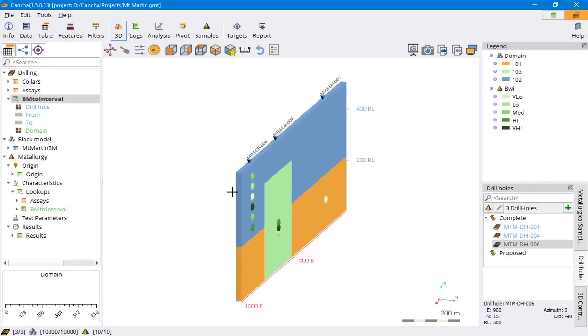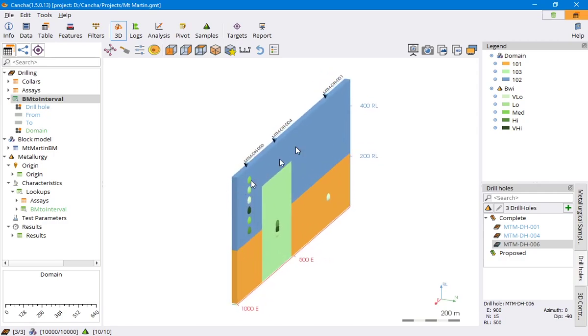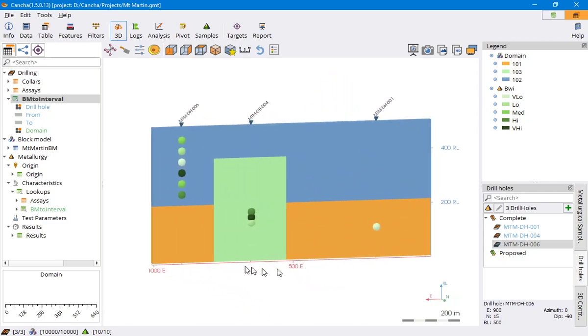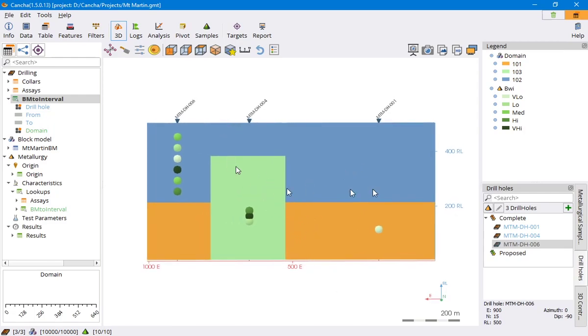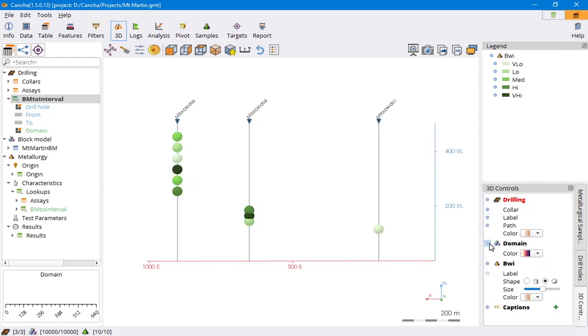It's basically a very small block model with just 2 blocks wide, 1 kilometer by 500 meters. And it's got 3 domains, maybe lithology, something like that. You've got 101, 102, 103. They've just been called 3 drill holes in it. Let's just have a look at the drill holes, and you can see we've manufactured some samples so that they're